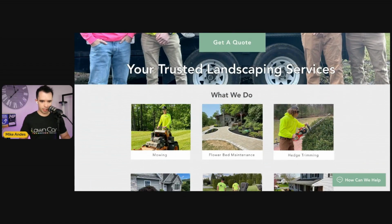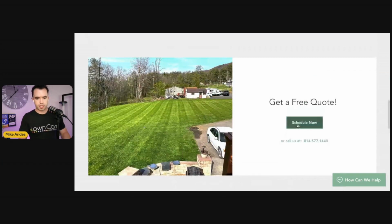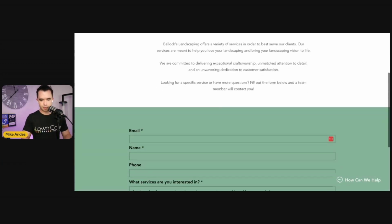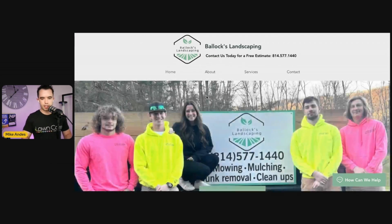These pictures are really good. I really lean into these pictures that show your actual crew, you guys doing the work. I love it. Schedule now. I'm guessing this is a contact us page. Yes, this form, you can cut it in half. Literally just cut it in half, put it up on the front of the page right here, and you'd